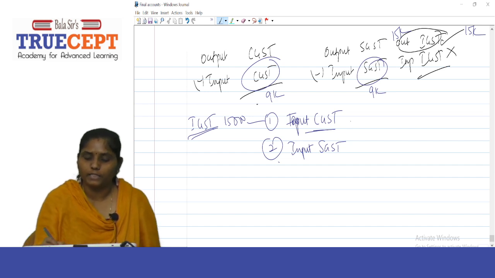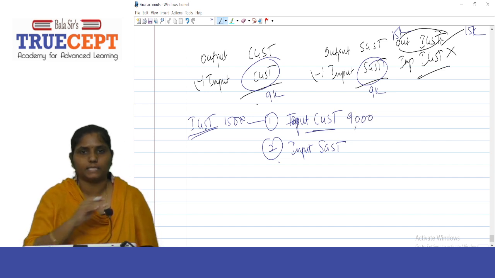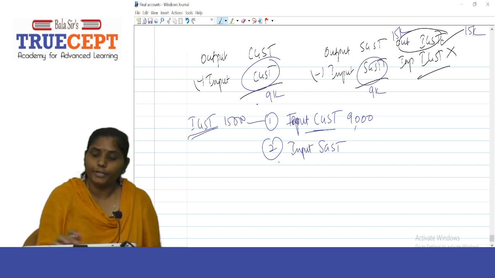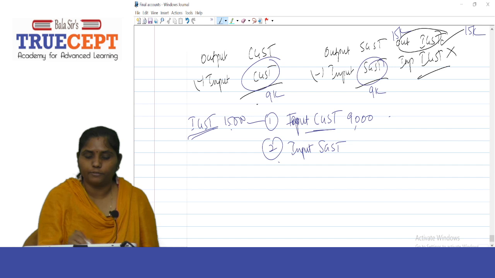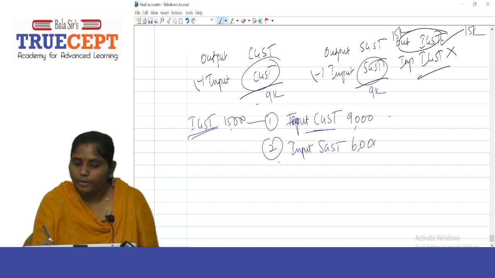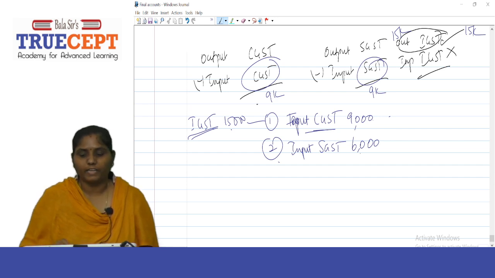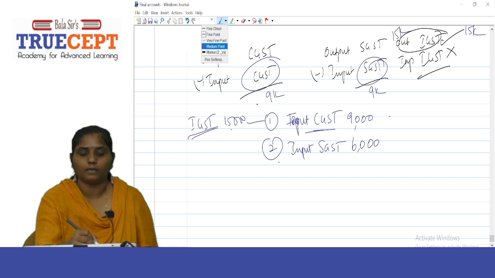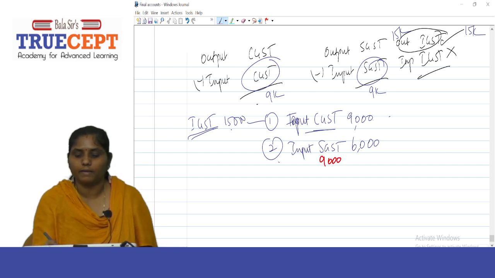Out of this 15,000, I'll use 9,000 from input CGST fully. After using 9,000, 15 minus 9, how much more do I need? Only 6,000 from input SGST I need. But how much is available there? 9,000 is available. From 9,000 available, I used 6,000. Therefore, still I'll be having what? A balance of input